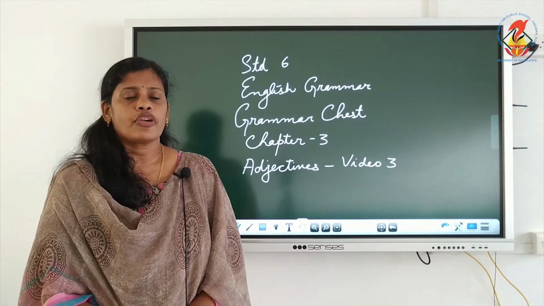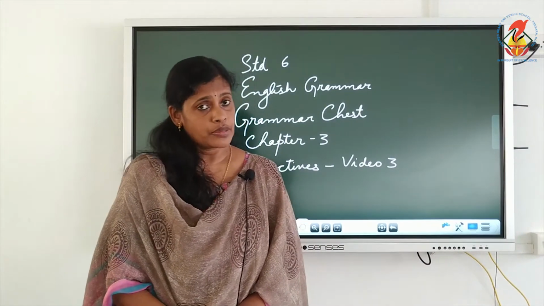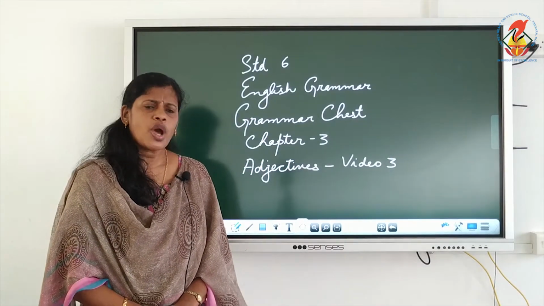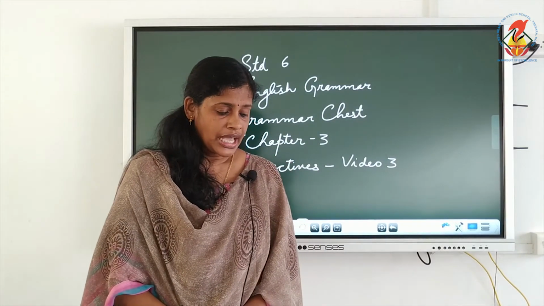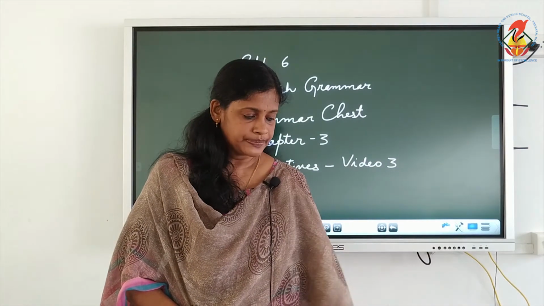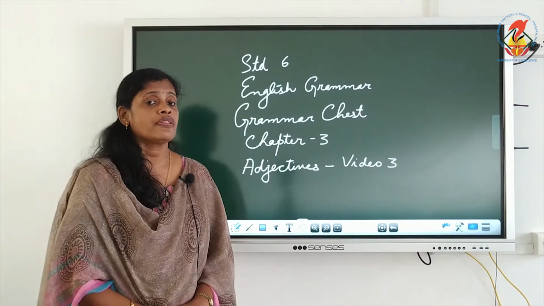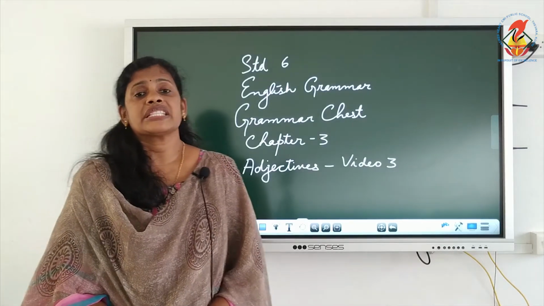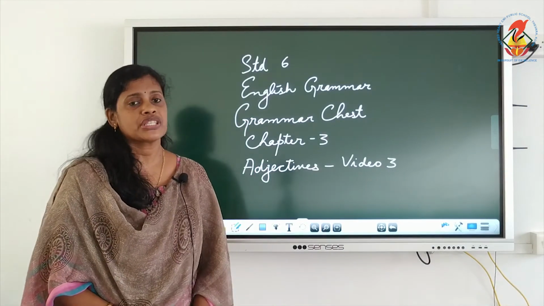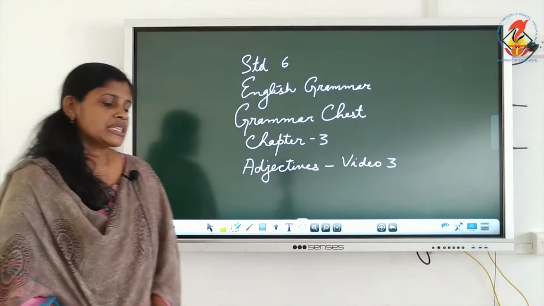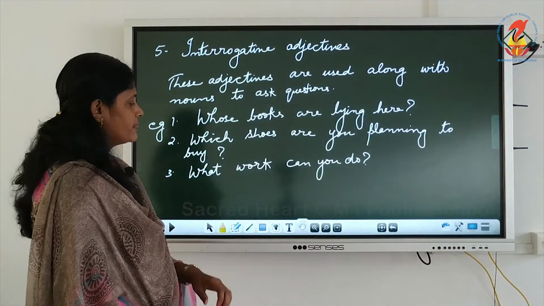Now in this adjectives lesson, you have already done two videos, and in the first video we saw what an adjective is and the position of an adjective. Now how many types of adjectives are there? There are 6 types, and we have discussed till the fourth one, that is demonstrative adjective. We have adjective of quality, adjective of quantity, adjective of number, demonstrative adjectives, interrogative adjectives and possessive adjectives. So we have done till demonstrative adjectives. Today we'll continue with the next adjective, that is